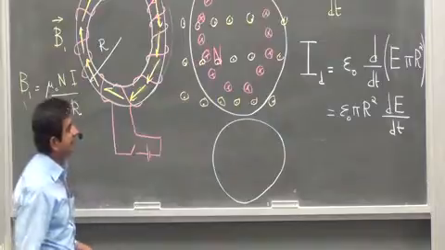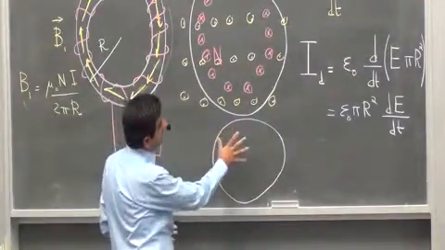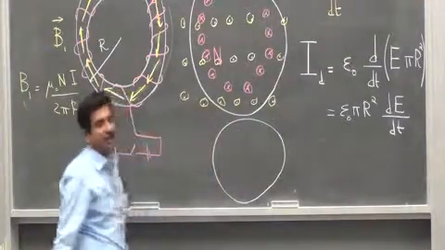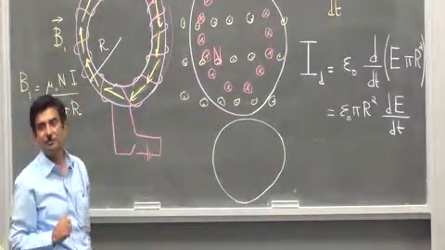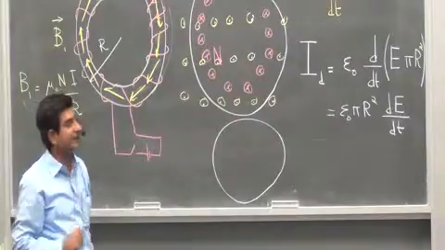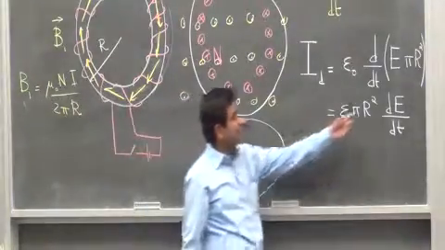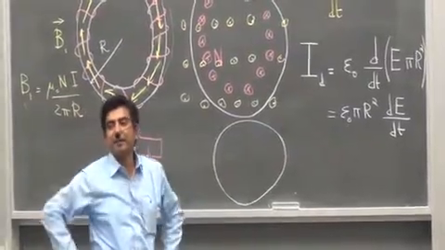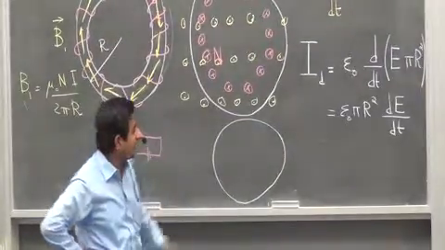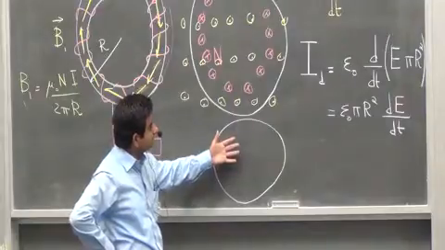Alright, let's see whether the displacement current is coming out or going in. Now the electric field is coming out. Okay, this means that dE by dt is also coming out. The electric field is increasing, coming out. So the current has to